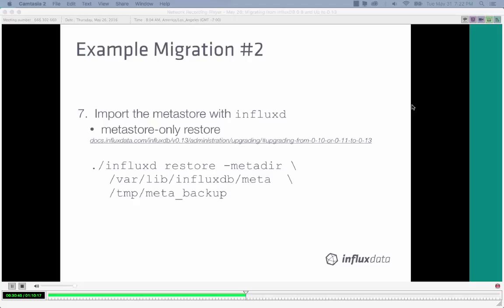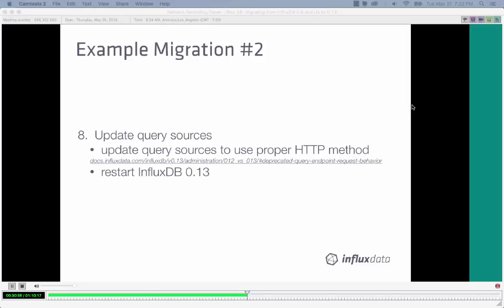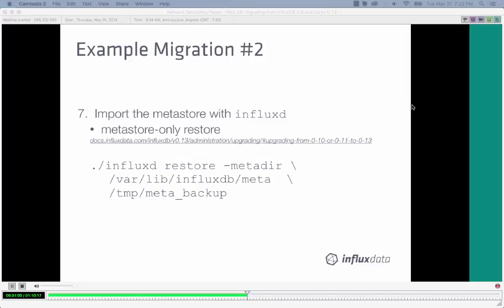There may be some complexity to your Metastore that requires a little bit of downtime, but ideally not. Once we import the Metastore with the restore command, now we have everything we need. Oh, that's right, so sorry, we haven't restarted 0.13 yet. We now are ready to relaunch with 0.13, but